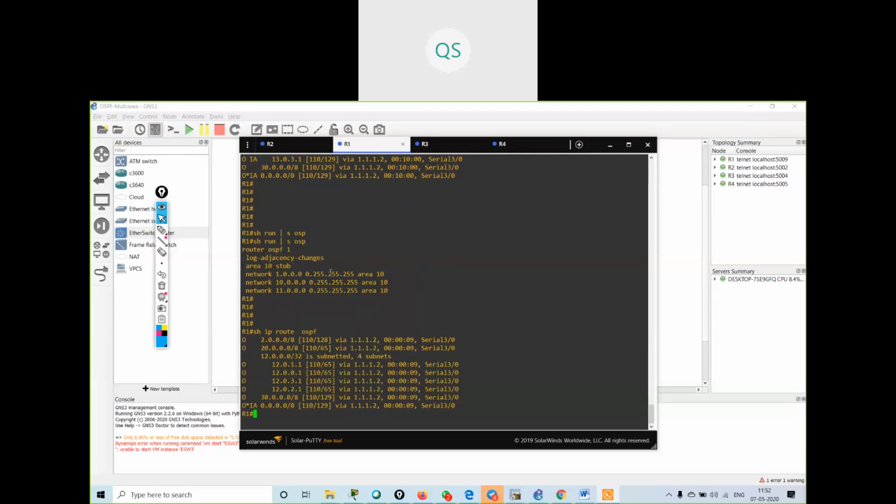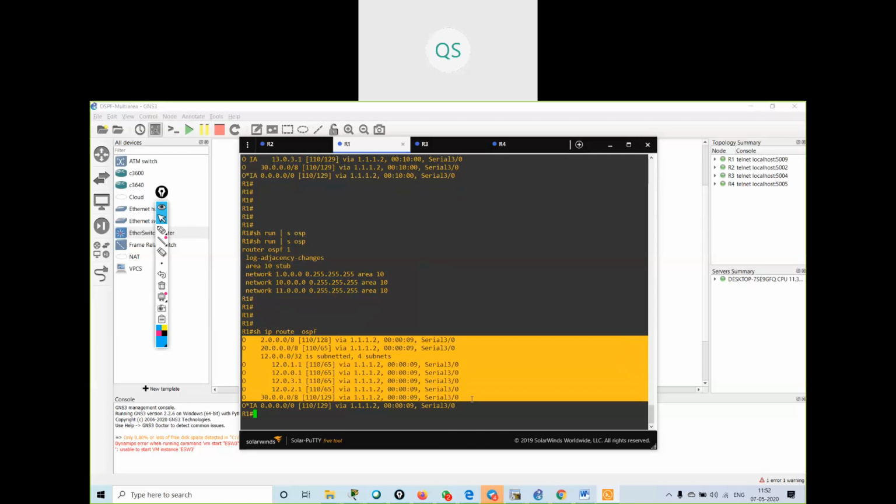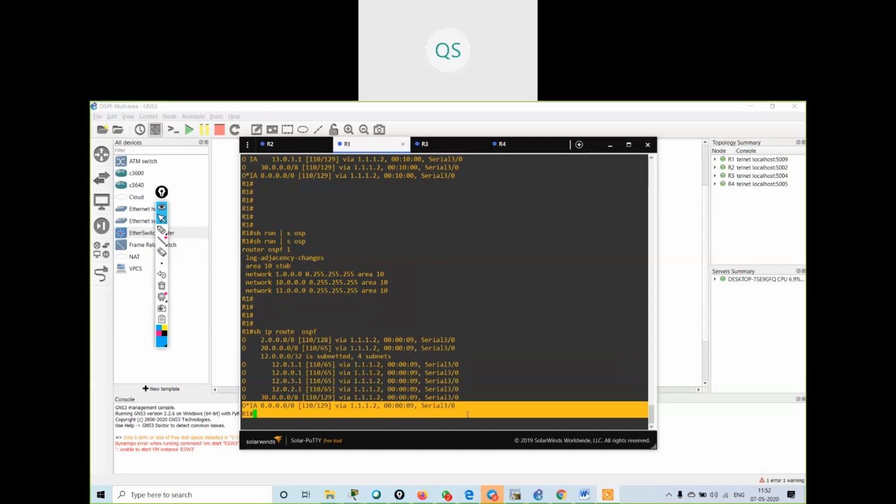See over here, my OIA routes have been removed from the routing table. Instead, for OIA routes, for LSA 3 and LSA 5, I'm just having one single default route information that is saying that anywhere you want to go, you have to go to 1.1.1.2 and it will take you to the ABR router.